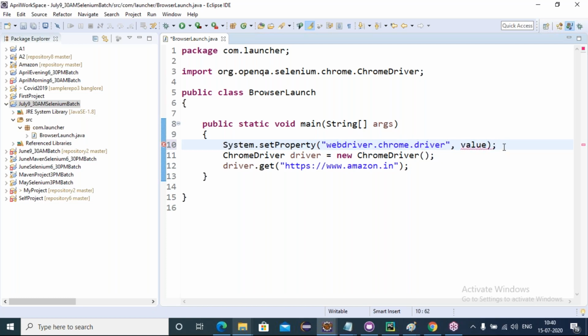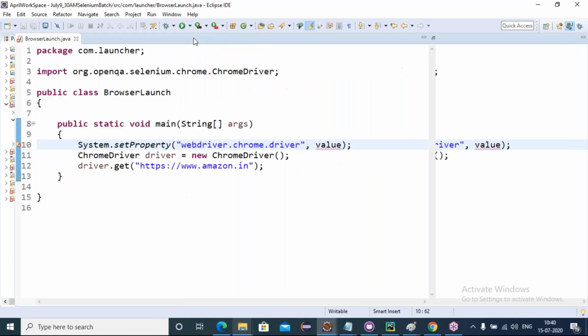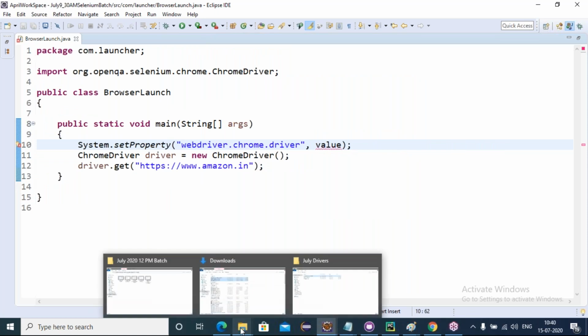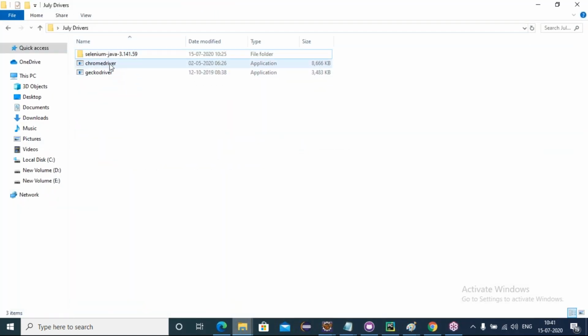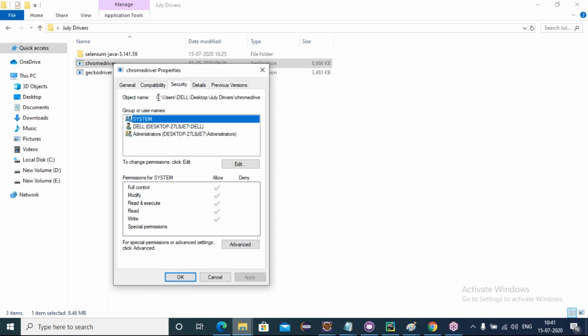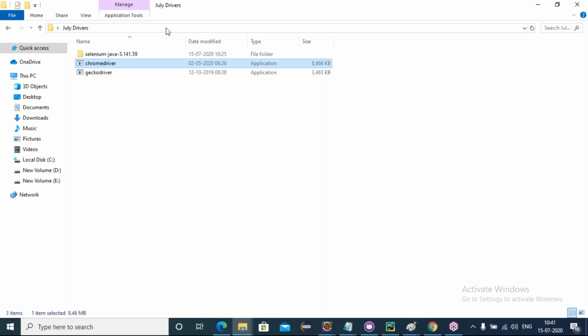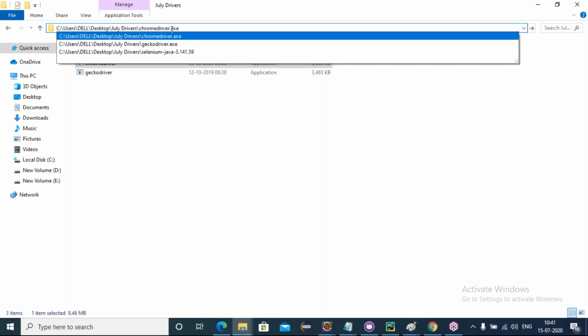And second thing, we have to give the path of that Chrome driver. Where did I store my Chrome driver? Here, right? Friends, generally, people used to take the driver's path like this: click on properties, go to security and copy this one. This is one way people used to do it. In another way, after this, give the slash and they can take the drivers like this. This is another way.